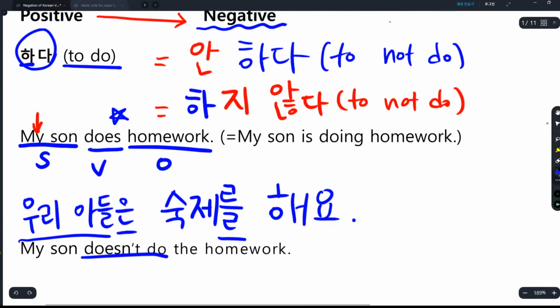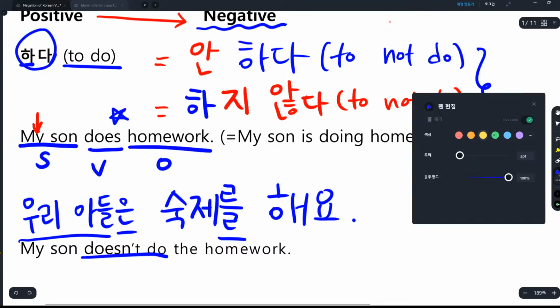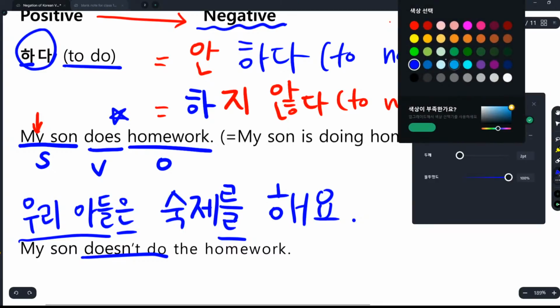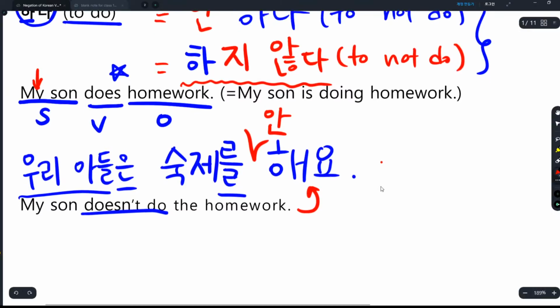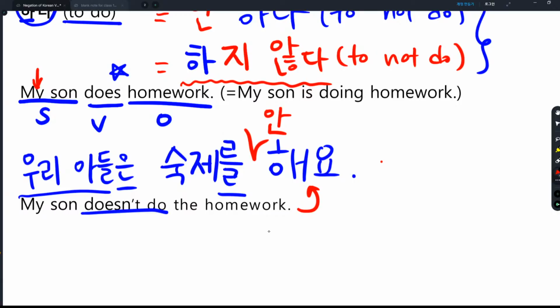Doesn't do the homework. So just like we learned here, you can simply put 안 right before a verb, guys. So the first way you can translate the sentence would be 우리 아들은 숙제를 안 해요. Or you can use this verb, 하지 않다, which also means to not do. So you can say 우리 아들은 숙제를